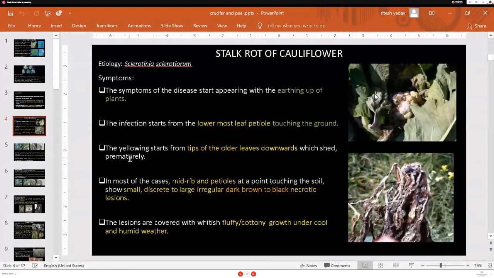So when there is infection on the lowermost petiole or midrib of the lower leaves during earthing up,